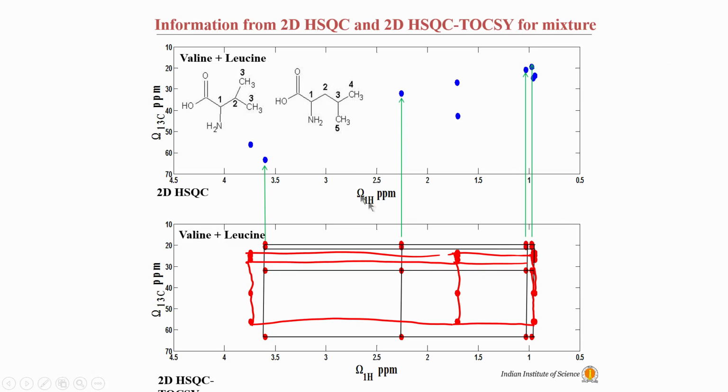That is what TOCSY is useful for. But the next task is which leucine is which number. So, if I have 4 leucines in my spectrum which I am seeing like this, which leucine is which number we do not know. That correspondence, that this one is leucine number 4, the other is leucine number 20, the third is leucine number 16, is not available from this. That part of course comes from another experiment, which is 2D NOESY, NOESY-HSQC, which we will see later, or from 3D NMR experiments.